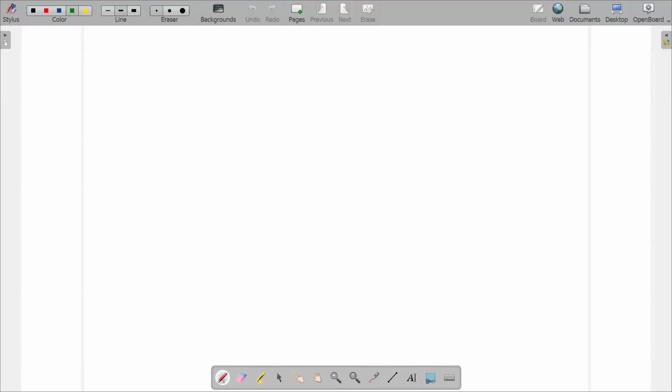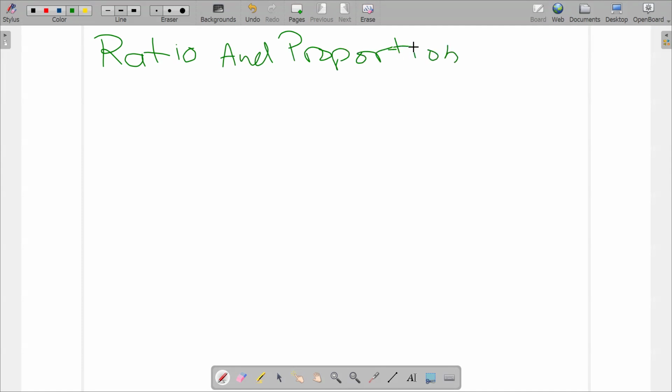So we are playing with ratio and proportion. And we already started playing around with ratio because that's one of the ways we could look at what a fraction is. So sometimes we write a ratio as a fraction,